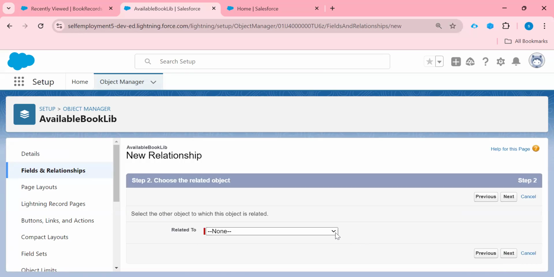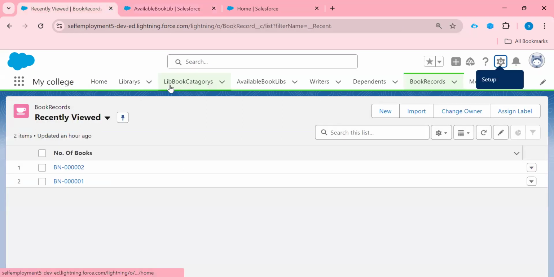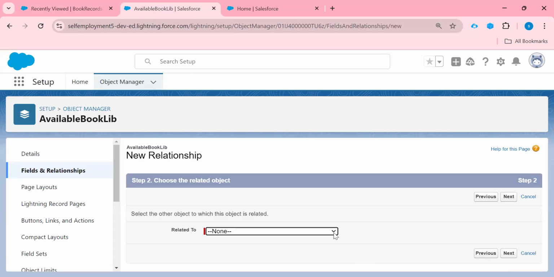Here I need to select the object it is related to. This is my object, library book categories, right? So I need to select this object, library book categories. Now click on the next button.